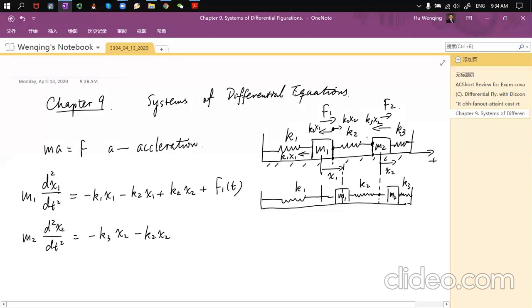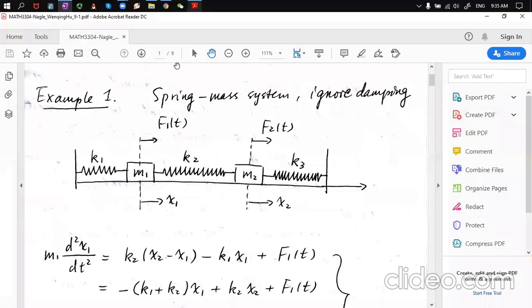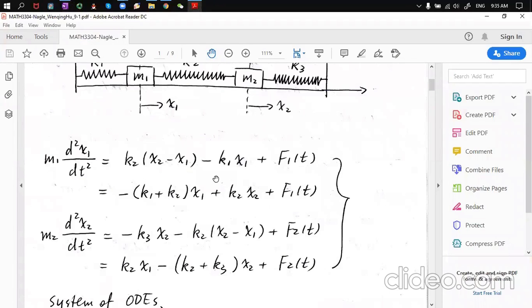And then you're going to have a K2 x1 also, because if you push the K2 to shorten it by x1, the K2 is going to give you a resistance force in both directions, both here K2x1 and K2x1 here. So that's plus K2x1 and plus the second force F2 of t. Is that good, right? So after this very classical, very standard mechanical analysis,